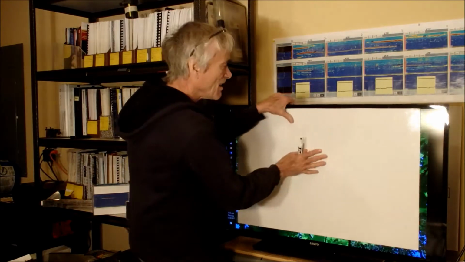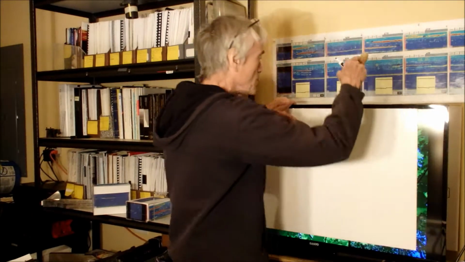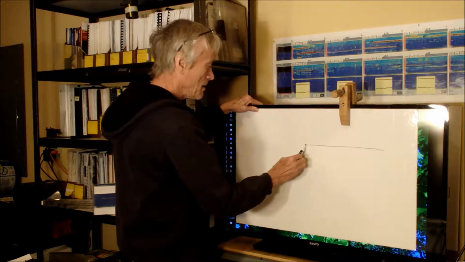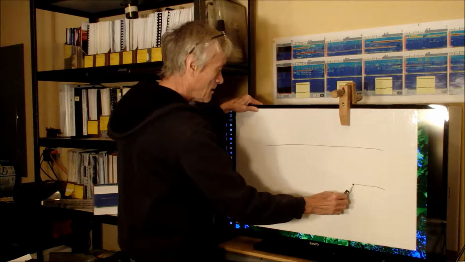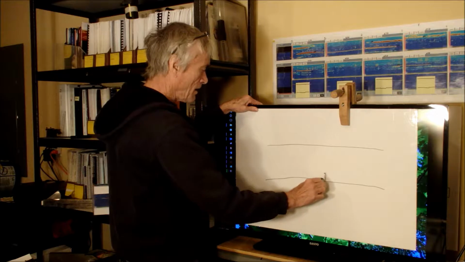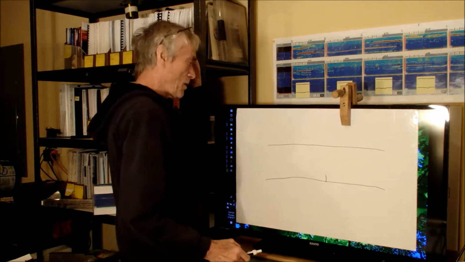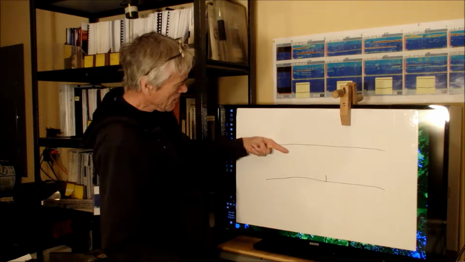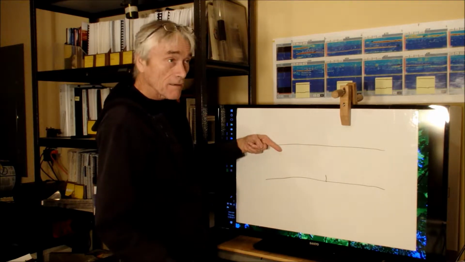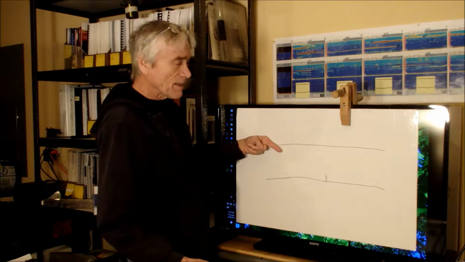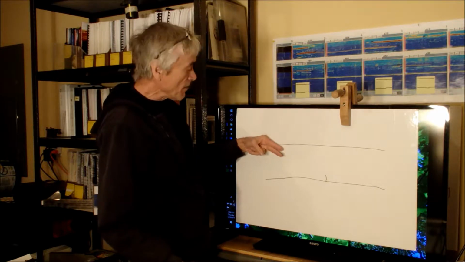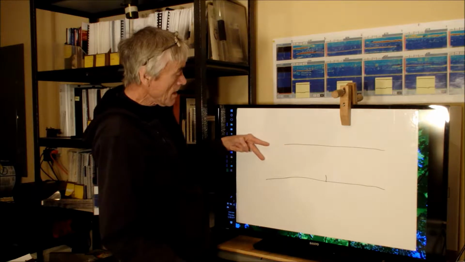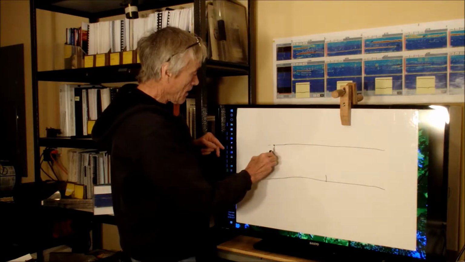Let's see if we can get this to stay. Let's say we have an ID connected flaw here, and we're looking at it with a FAST transducer. It's a high angle, 70 degree, but there's quite a bit of beam spread, so there's a spread of angles there. And when you have an ID connected flaw like that,